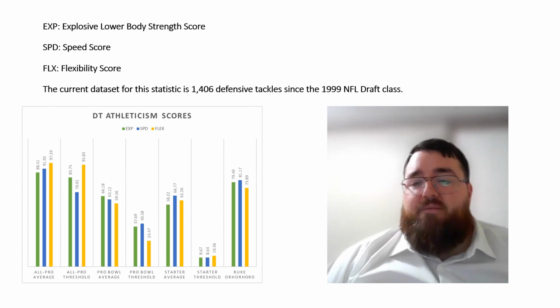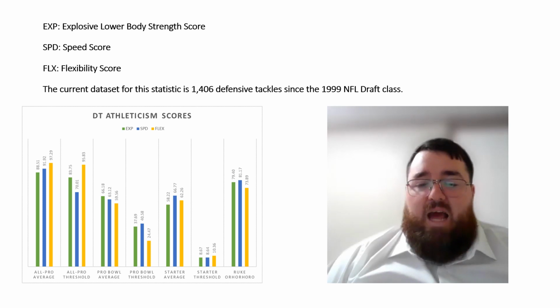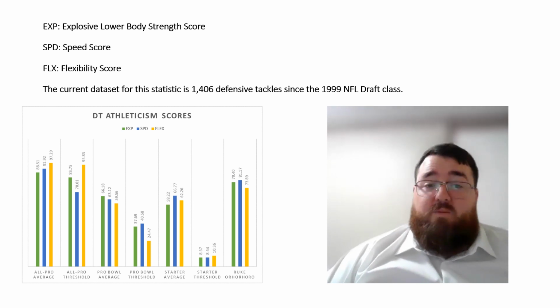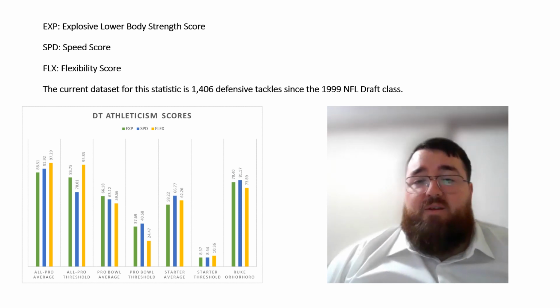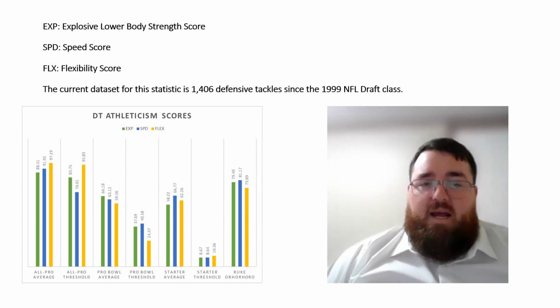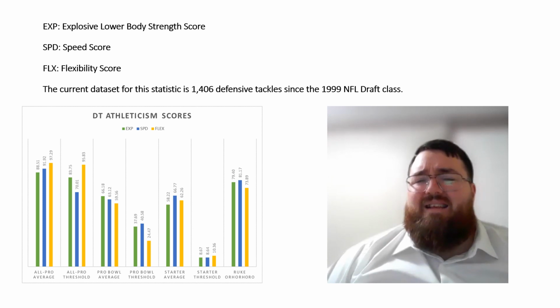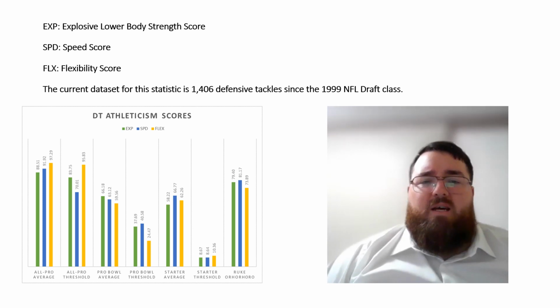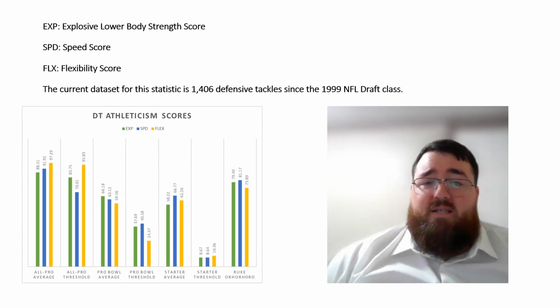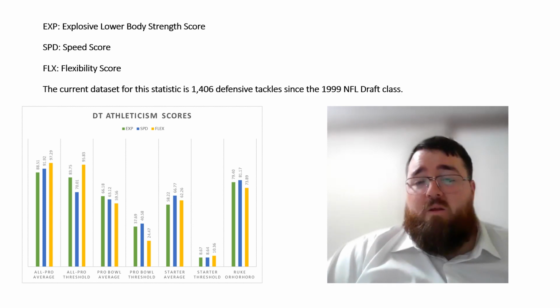So he is an above average athlete. He's a near elite athlete, but he's not exactly a 90 plus percentile athlete, nor is he an 85 percentile athlete overall. So he is a very good athlete, but he's not an elite athlete, which I think a lot of people have been touting him as, which I don't really see is the case with his overall data.